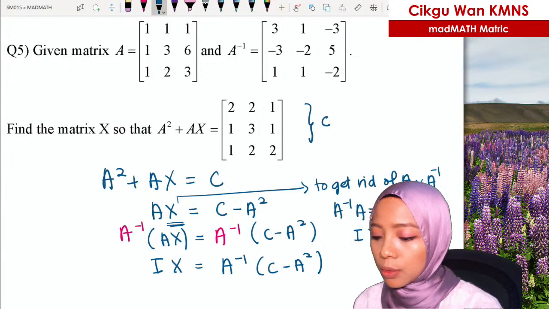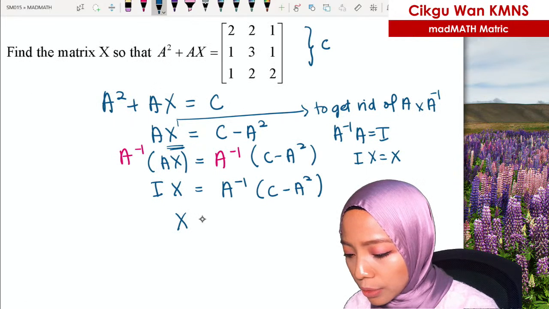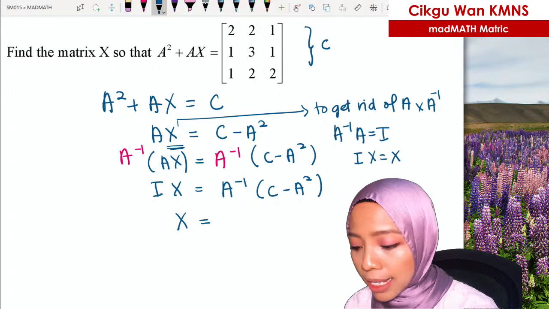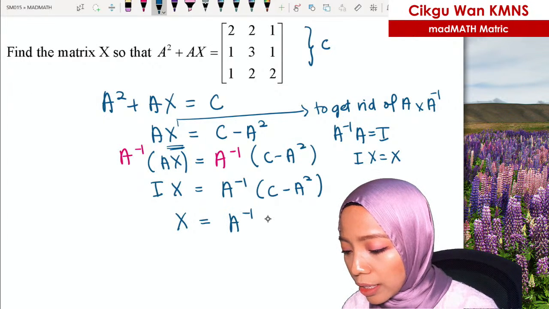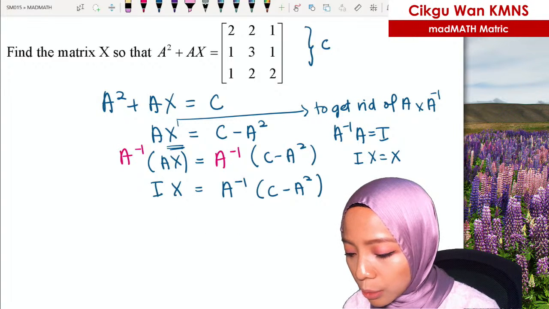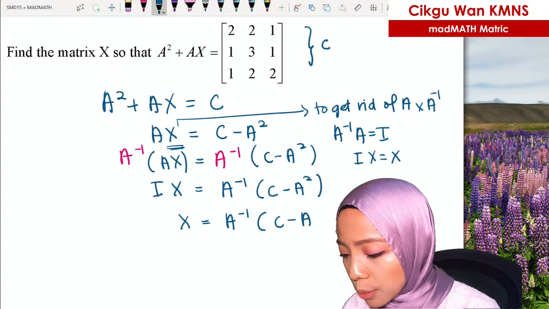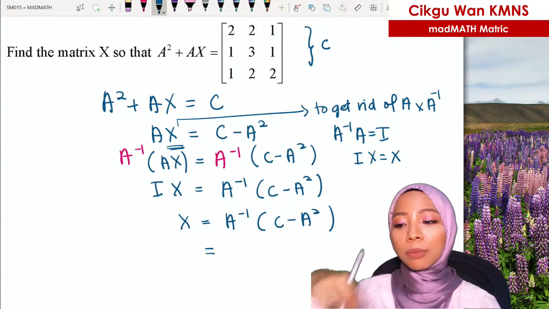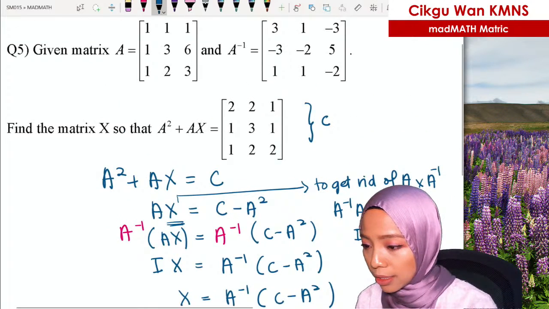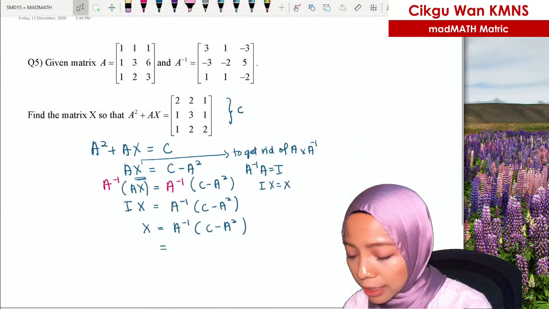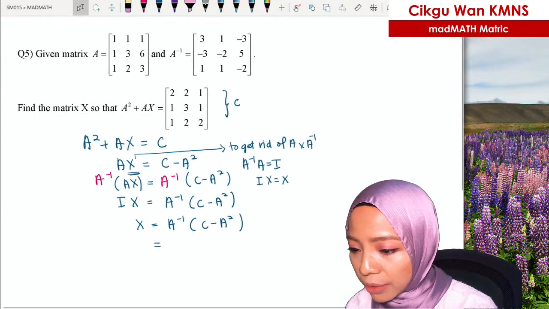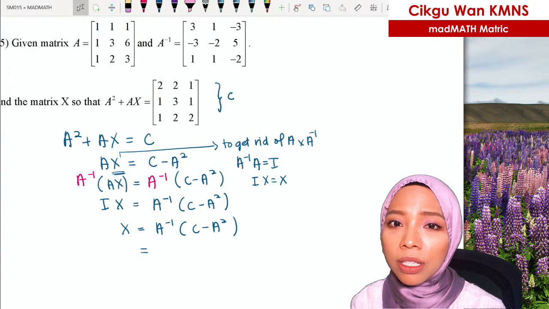Okay, so now X is equals to I times X, X. So sama juga. Okay, ni nak padam pun boleh, tapi tak padam lah, takut you all keliru, I salin semula. C minus A square. So makna kata kita masukkan lah A inverse seperti yang dia beri dalam soalan. Kita just guna je. Sebenarnya kita tak ada cari apa-apa. We just straight away use the